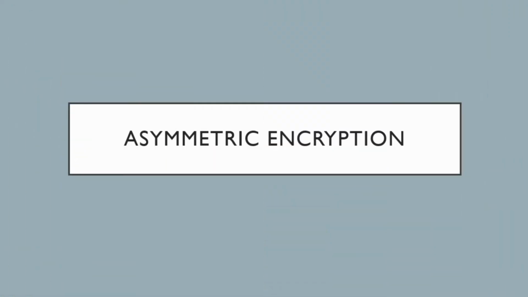Before we discuss SSL, let me talk a little bit about the types of encryption. There are two types of encryption. Asymmetric encryption, which is also known as public key encryption, involves two keys, a public key and a private key. The public key will be shared with any system that wants to participate in the communication, but the private key is kept secret by the particular system.